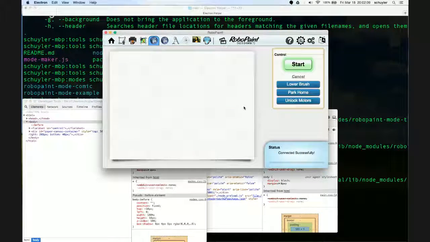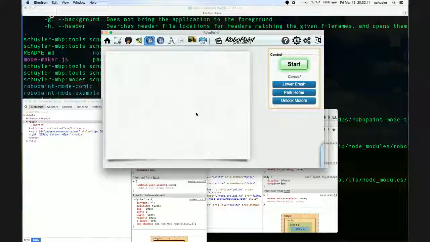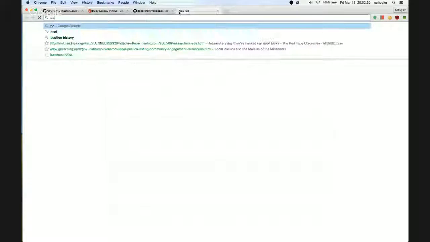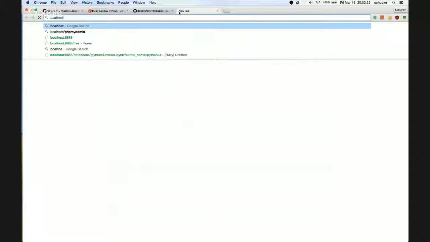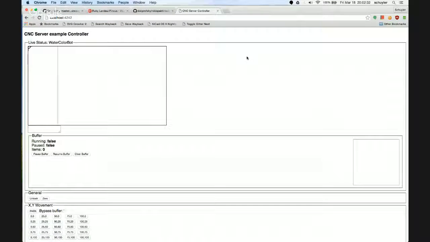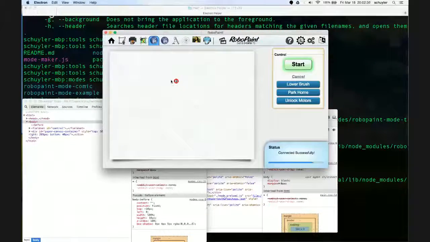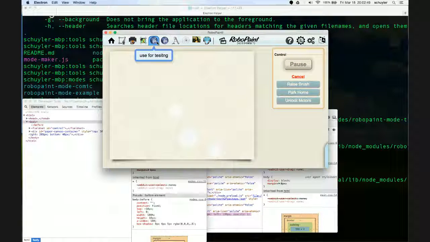you'll see it here. It doesn't actually do anything other than just give you a window, and the window does one cool thing. If you pull up CNC, if you send commands to the robot, which you can do through something like Scratch, and the robot's moving, you'll see it show you where the robot is and it moves, and you can also park home and unlock motors. Start does nothing because there's nothing to do. It'll just get stuck like that because there's nothing to finish once it's started.